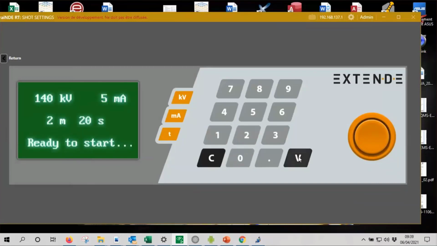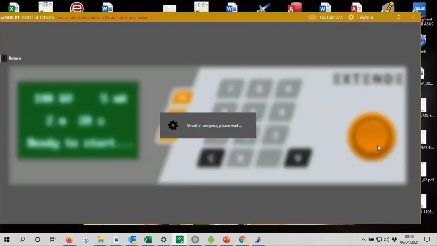So this is, of course, again, I insist, based on the X-ray chart. So the trainee needs to read correctly the X-ray chart to select the correct exposure time. And then you make the shot.